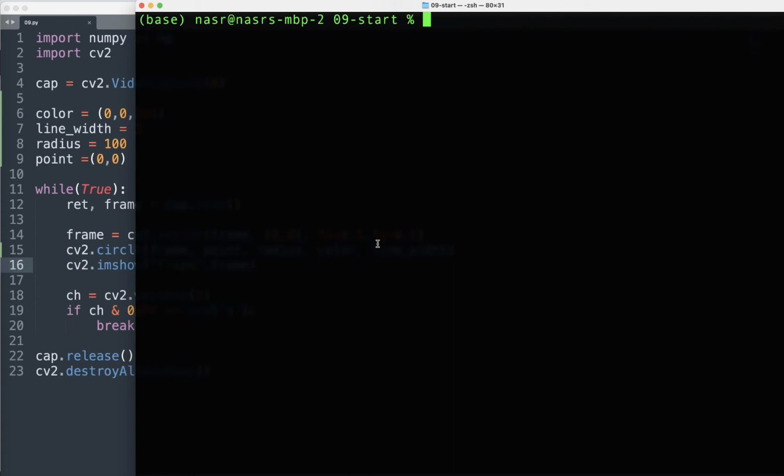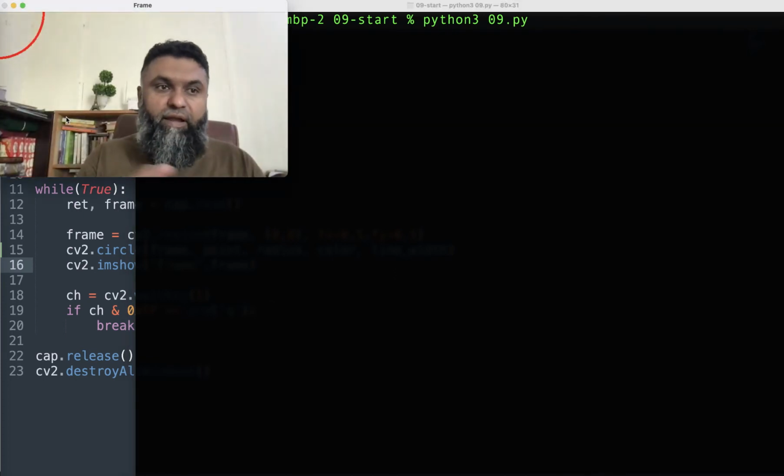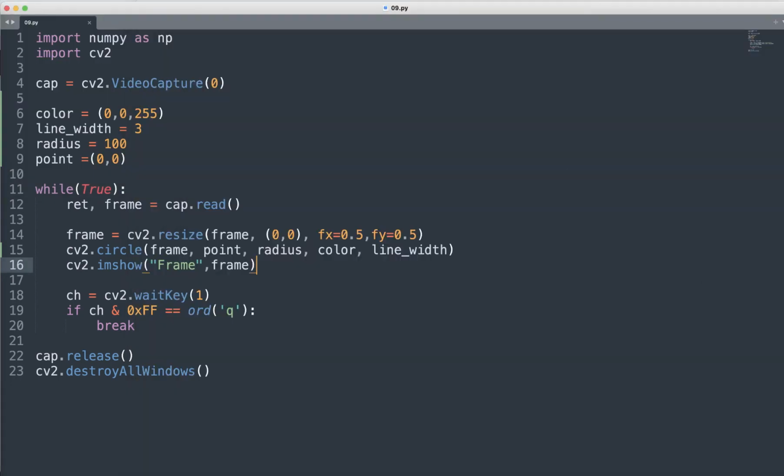First we want to make sure we are in the correct directory, the 09-start folder, and we just need to run this code, 09.py. If you see here, it is showing me now the red circle in this top left corner. So press Q to quit it, and then